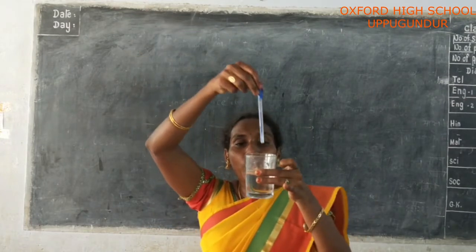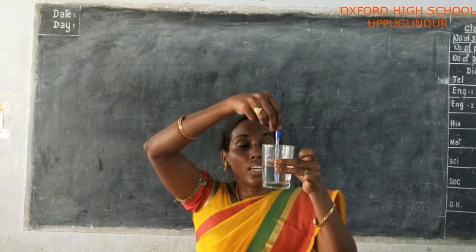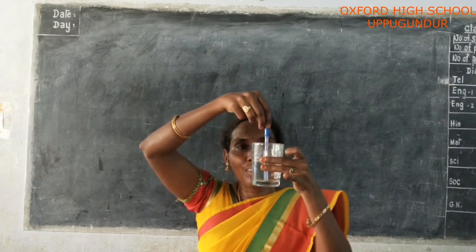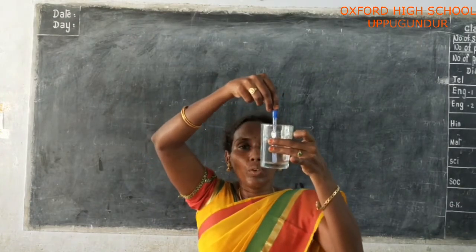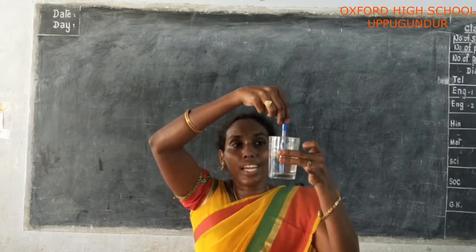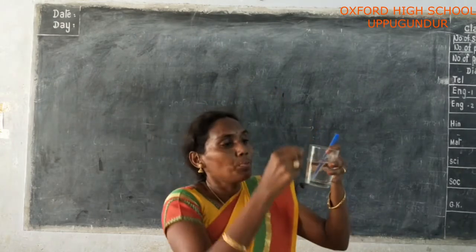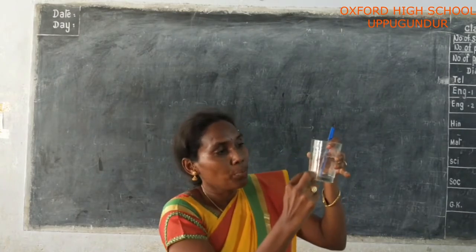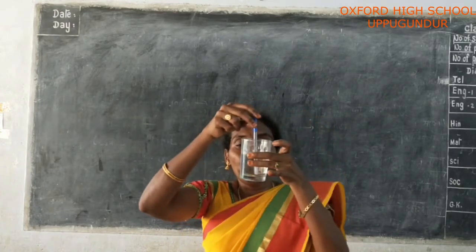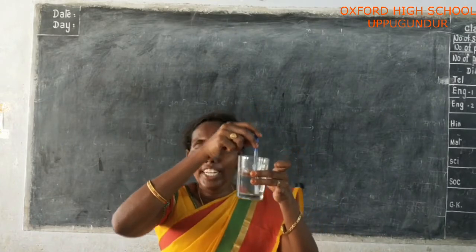The pen is dropped into the glass of water. We have to see the pen from the other side of the glass vessel. What we have to observe here is also the light. Look at the glass. Here the pen is bent at the interface line. My interface line means separating the two media. Up to here this is air media. Up to here this is water media. At the interface line the pen is bent.